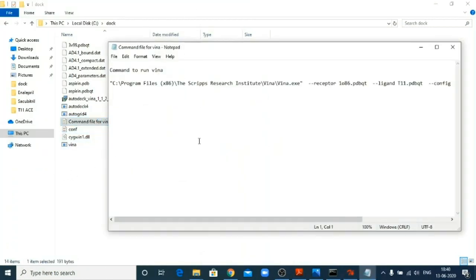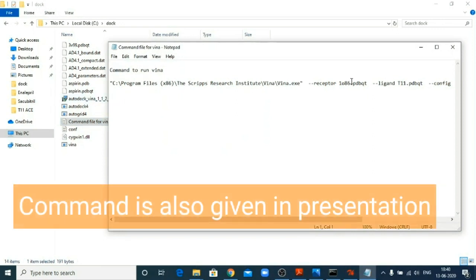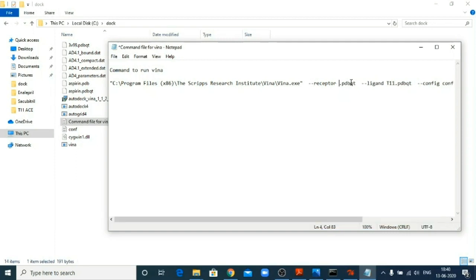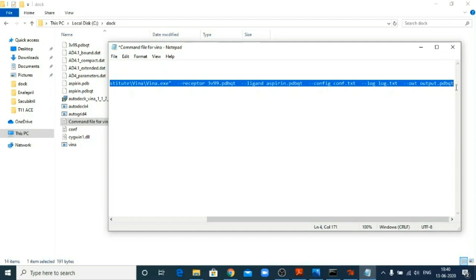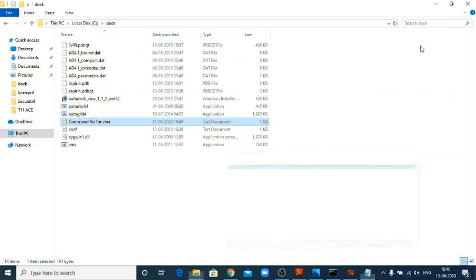The next step is I have prepared a shortcut for running the file command. Here also replace receptor 3V99, ligand as SP. Select it, the converted portion. This file also I am going to place in the description box, that will assist you.